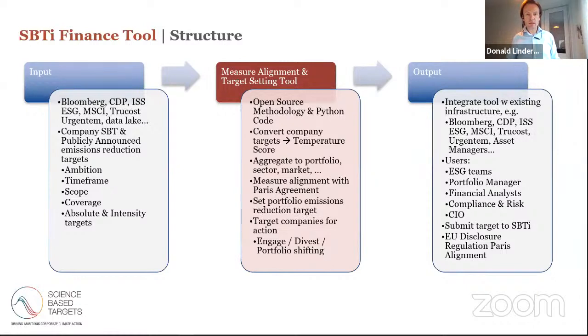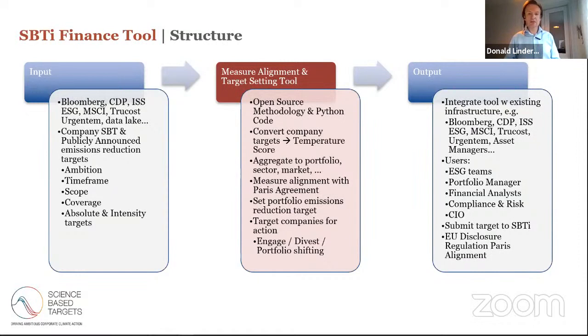If you want to be mean, you can say, and if you want to be true, it is a calculator. That's what it is, right? We take some input data, which comes from a number of sources in terms of target data and portfolio data and financial data and emissions data. And we crank that in the calculator, convert the targets to temperature score to allow you to aggregate that up